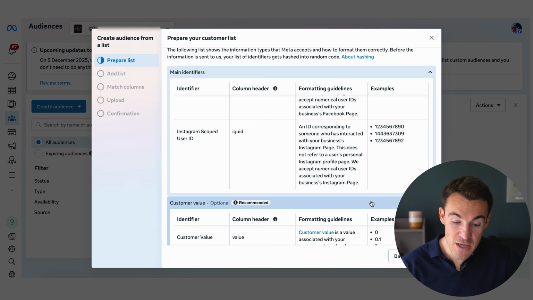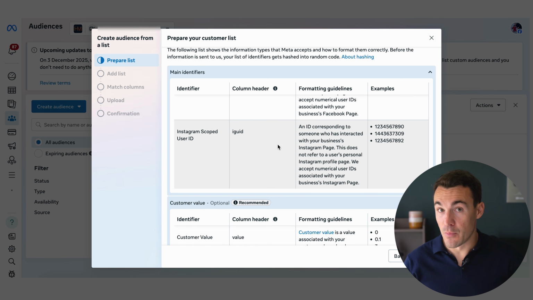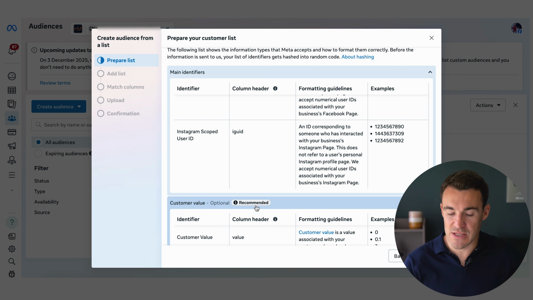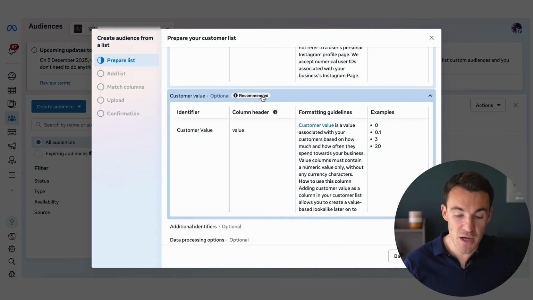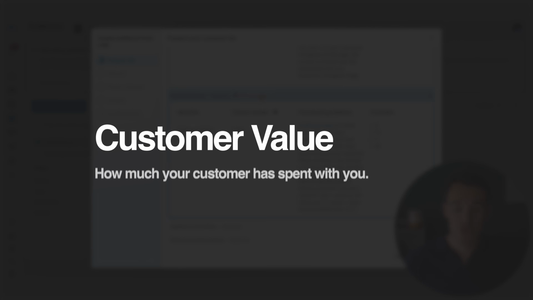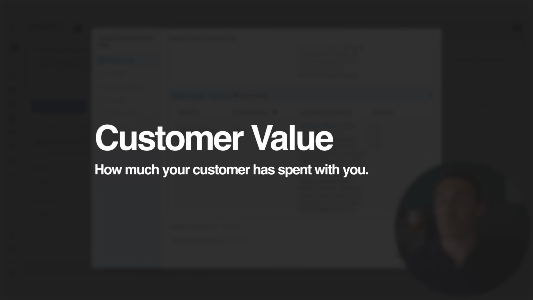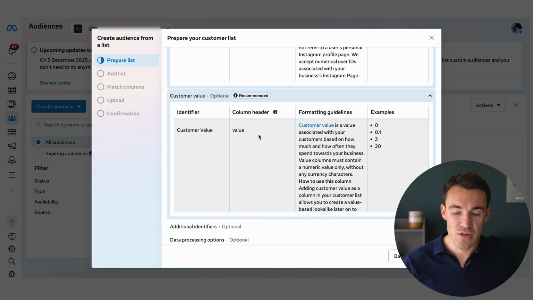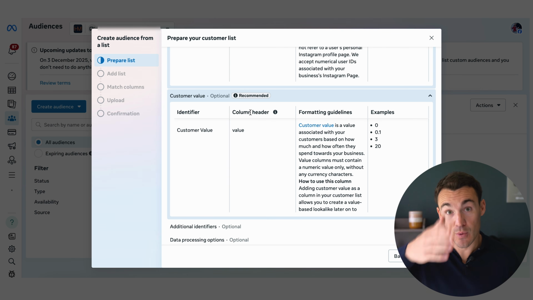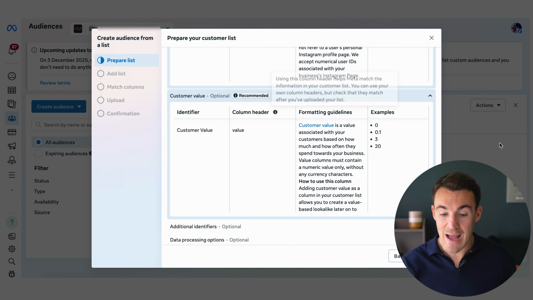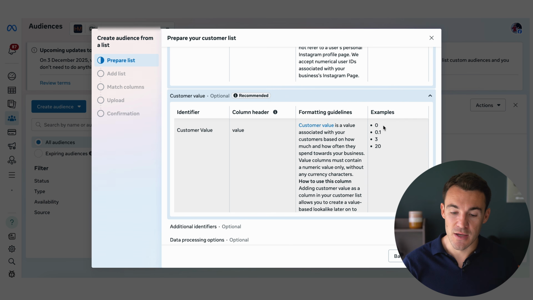We've actually got customer value. So if you're just uploading an email list of people that haven't bought from you previously, then this is not something you need to worry about. If you're uploading a customer list and you have customer values associated with each customer, so what does that mean? How much did they spend with you, right? So, you see examples here, right? We've got the column header, in this case would be value. So if you do have that information, make sure it's got the column header value. And then the examples would be, they spent 0.1, 3, 20, and that's going to be whatever currency you've got